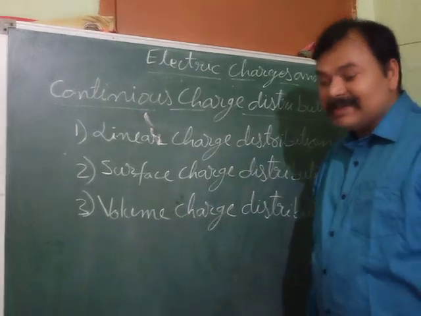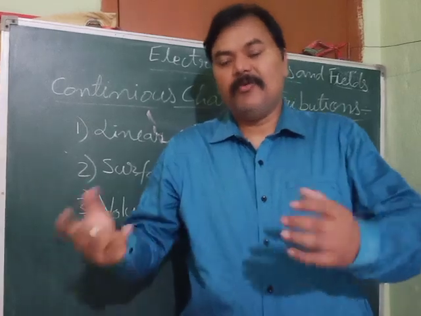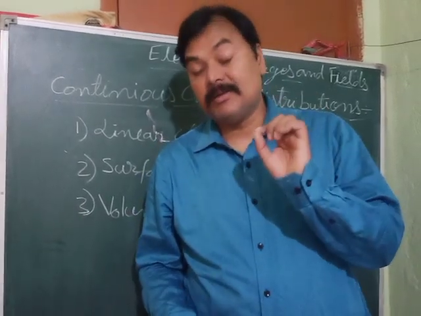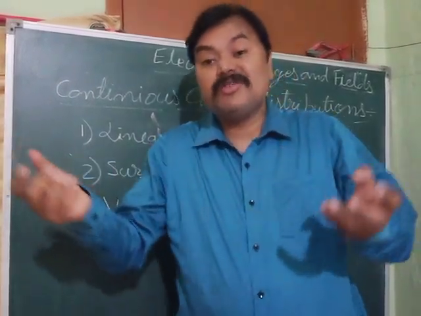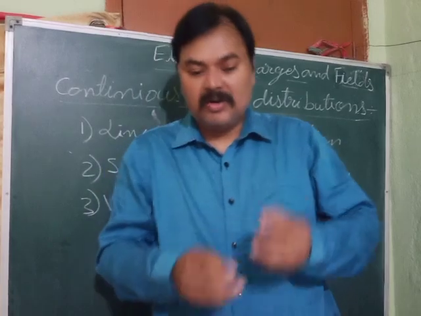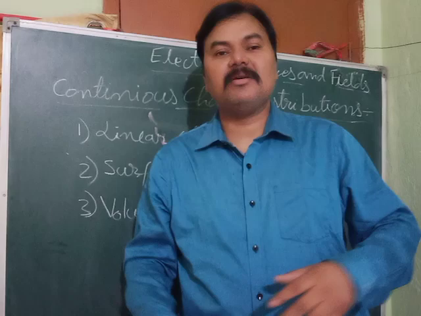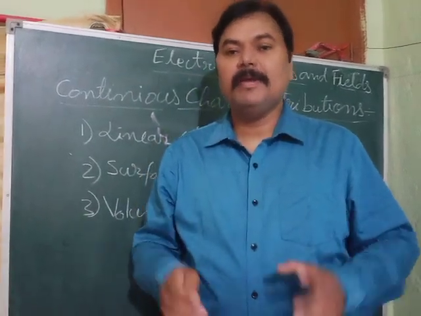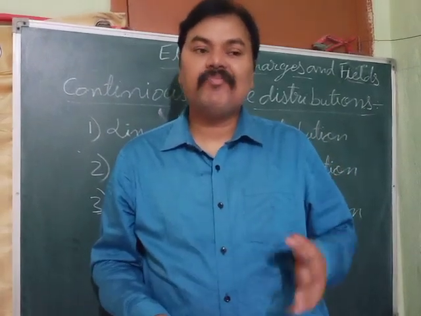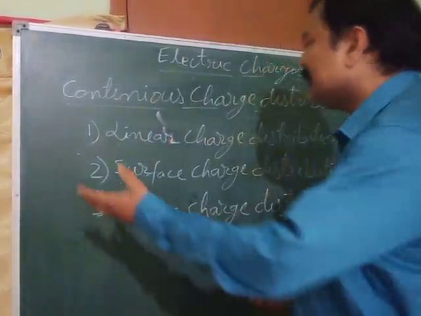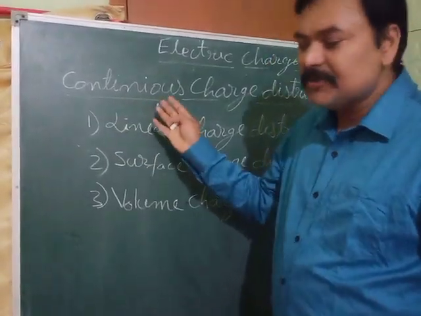Till now we have discussed how to find a force and how to find the electric field intensity due to point charges. But other than point charges, suppose there is a distribution of charge. Suppose you have got a charged rod, or a charged sheet, or a cube or a sphere or a solid cone which is charged. Then obviously the charge is distributed throughout the body. In these cases we require continuous charge distribution.